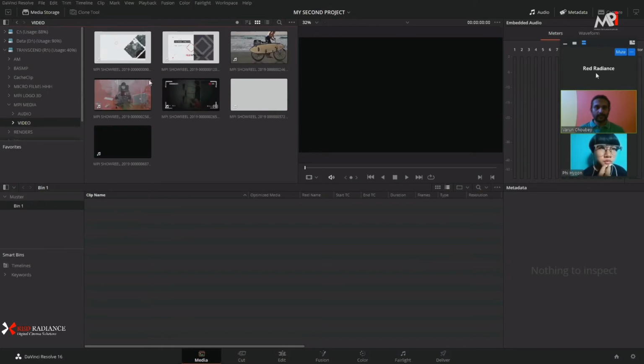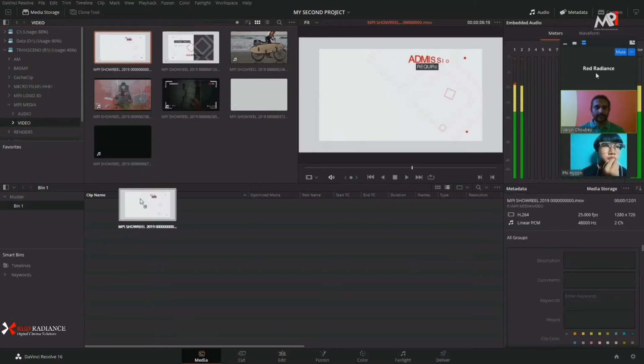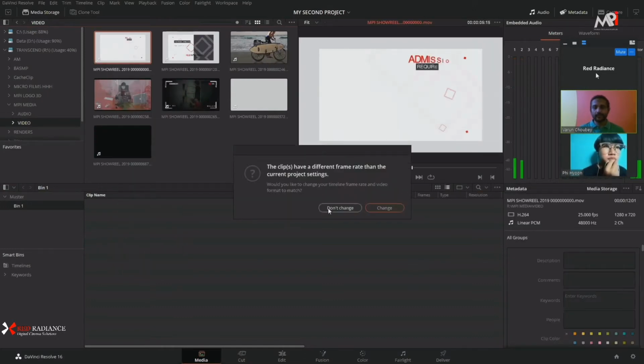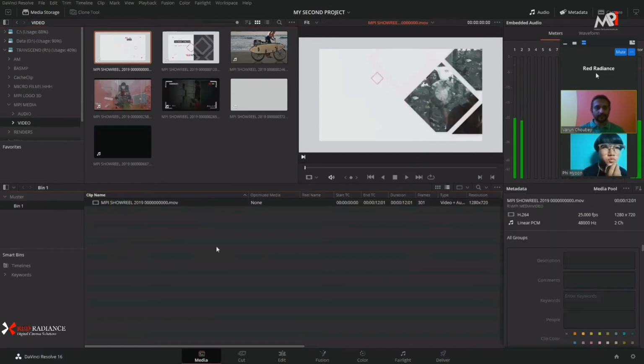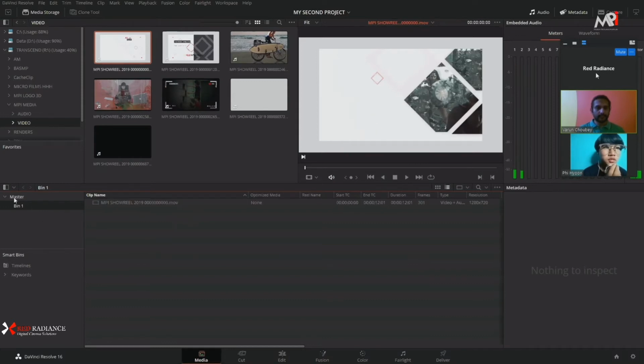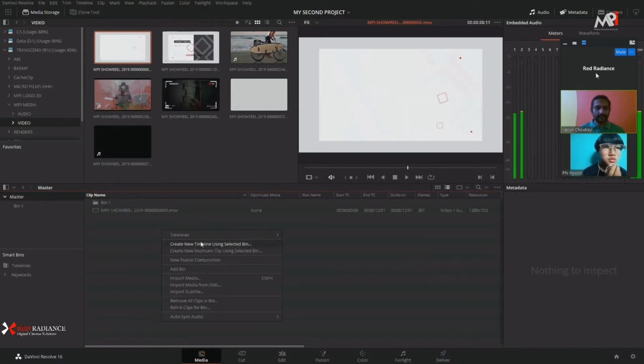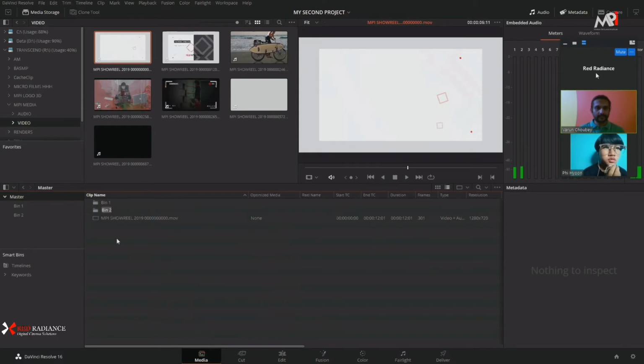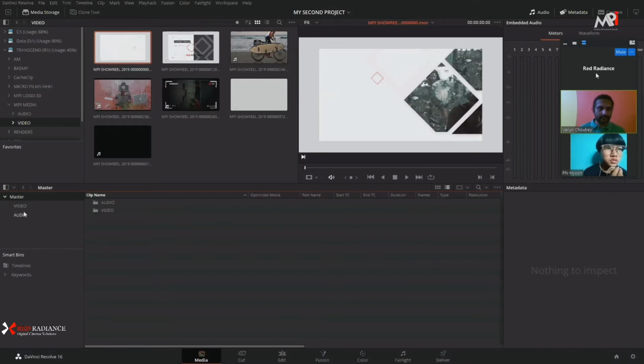Now, a very simple way is to just drag and drop whatever files you want in your project just to the master bin, let's say, and then you can create more bins to organize this. Let's call it audio, and video. Okay, so